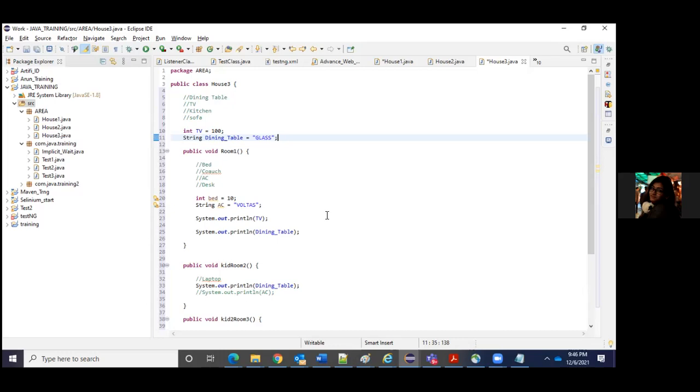To do that, we need to have it publicly declared, like on the 10th or 11th line, just like the TV or dining table. In the same way, in room number 2, that is kid room 2, if we declare some kind of variable, we cannot access it from room number 1 or kid room number 3.